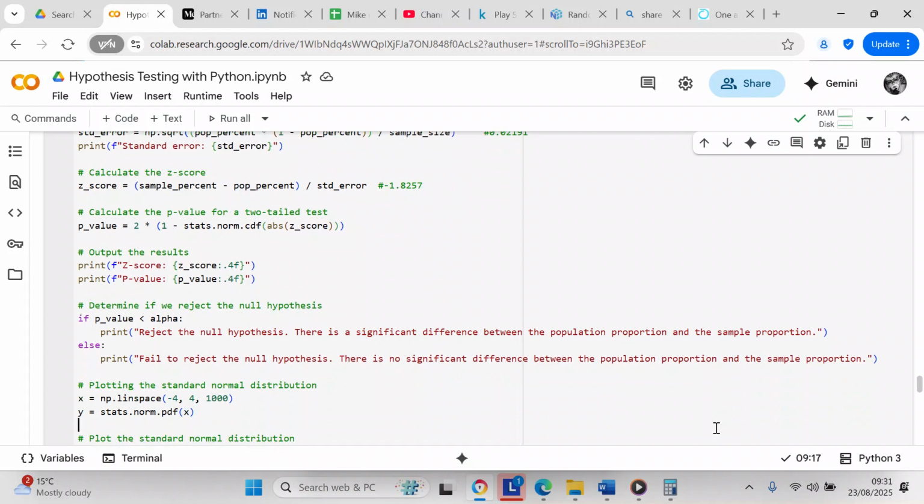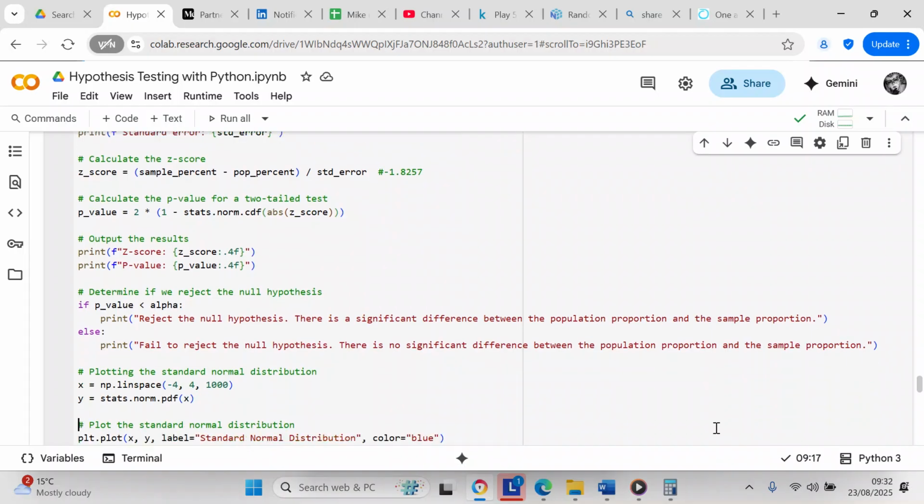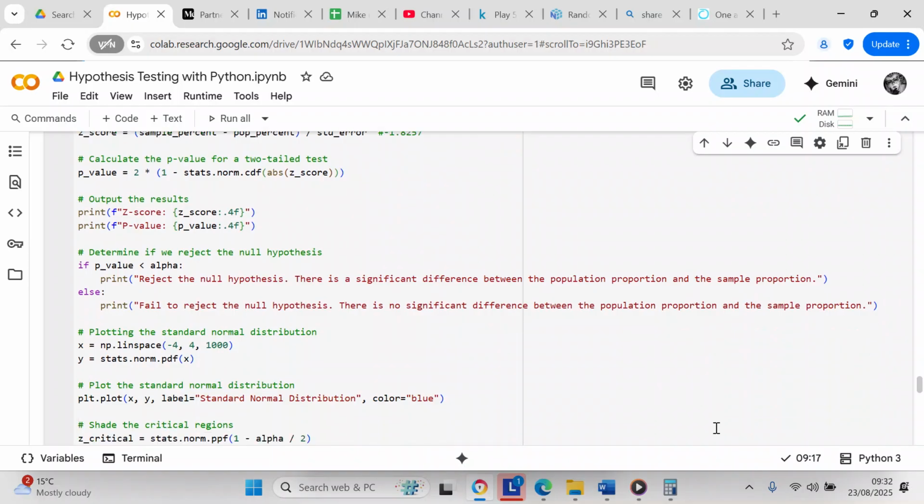So now we're going to plot these values onto a graph. x equals np.linspace, brackets -4, 4, 1000, y equals stats.norm.pdf x. Norm is your normal distribution, PDF is probability density function. So we're going to plot the standard normal distribution: plt.plot, brackets x, y, label equals standard normal distribution,